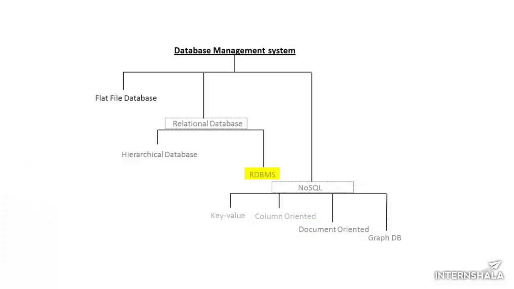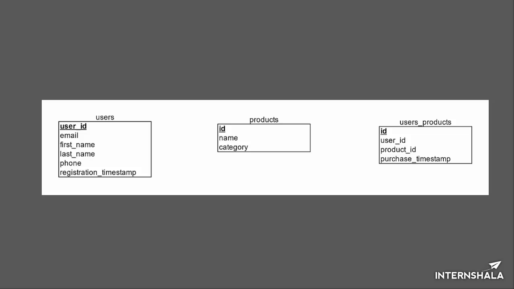To address problems like this, the Relational Database Management System, or RDBMS, was introduced. Let us see how RDBMS would help us solve the problem of redundancy and empty spaces. Basically, data in RDBMS is stored in multiple tables. So this is how your My Cart data will be stored. There will be three different tables: a users table, a products table, and a users_products table.